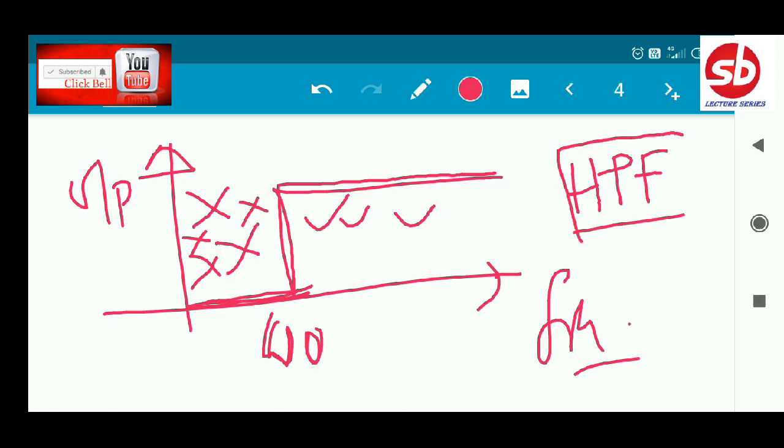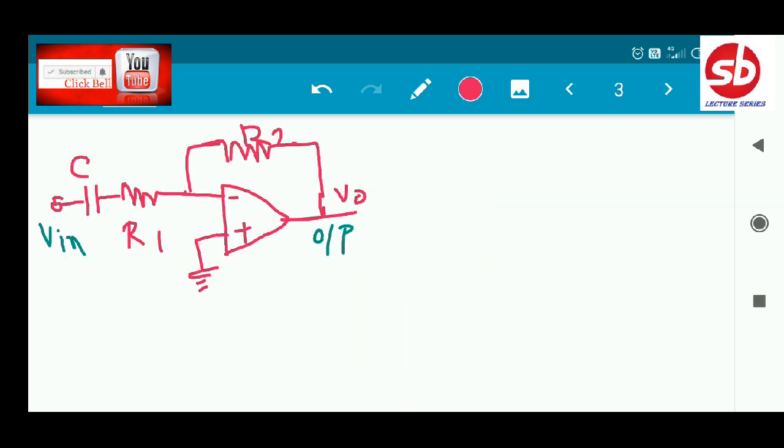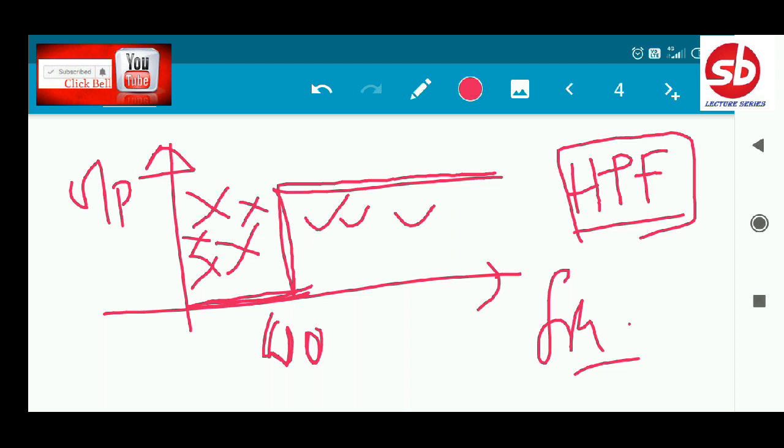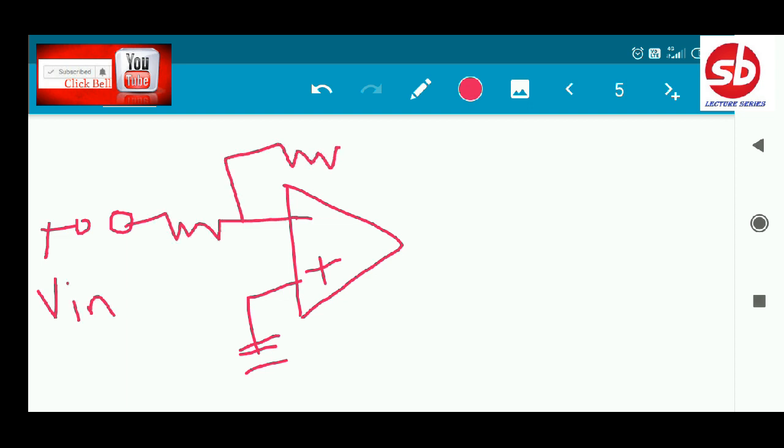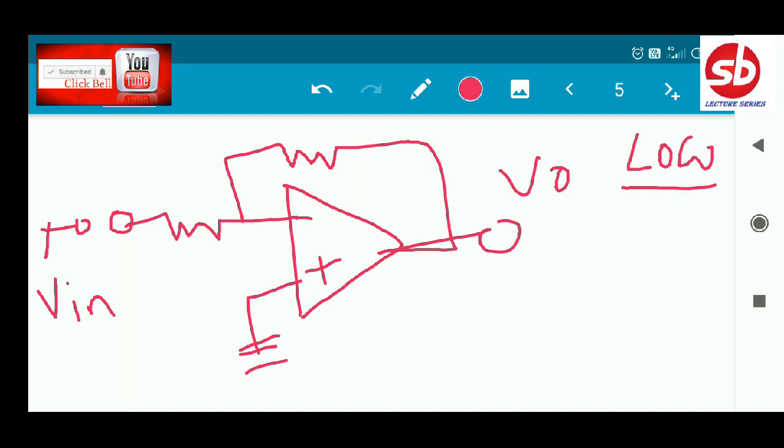So this is clear. I think all of you can form a view. I am again repeating that this is the circuit given here. This is the capacitor, this is V input, and there is a resistance here, and there is a resistance also here. This is the output. So for the low frequency you have to just open circuit the capacitor and see whether the input is coming into the output or not. So you can easily say if this is open, there is no output at the op amp.